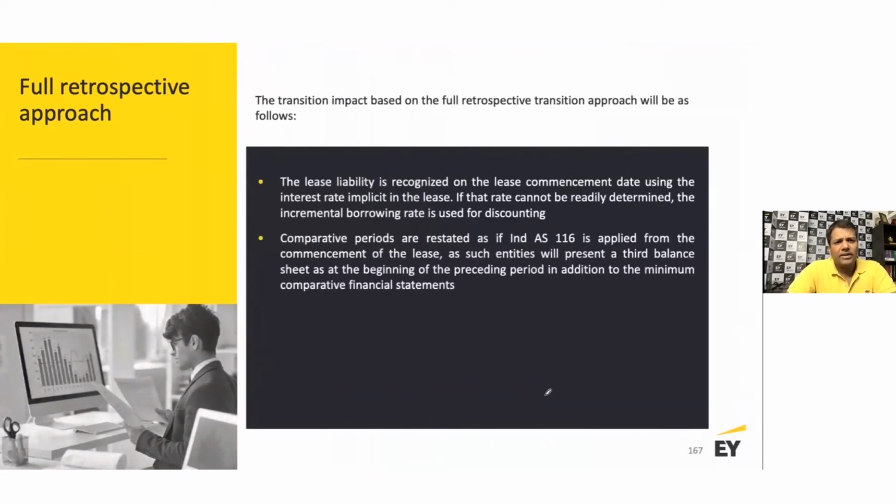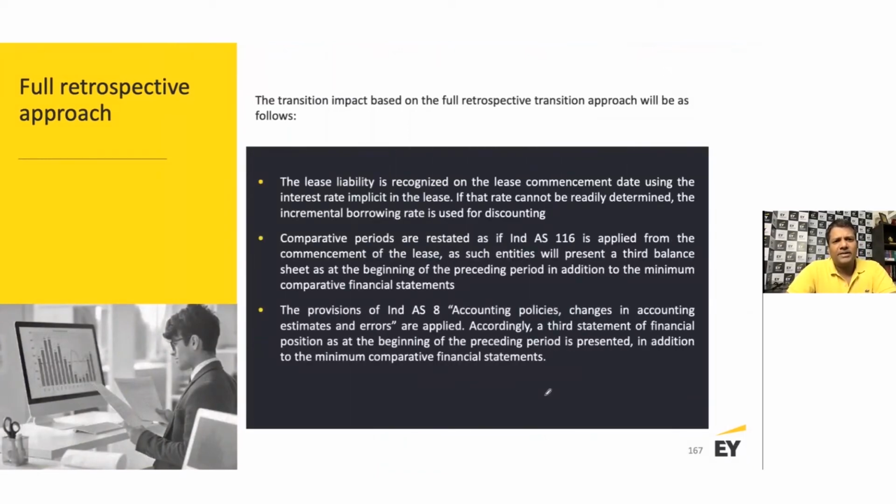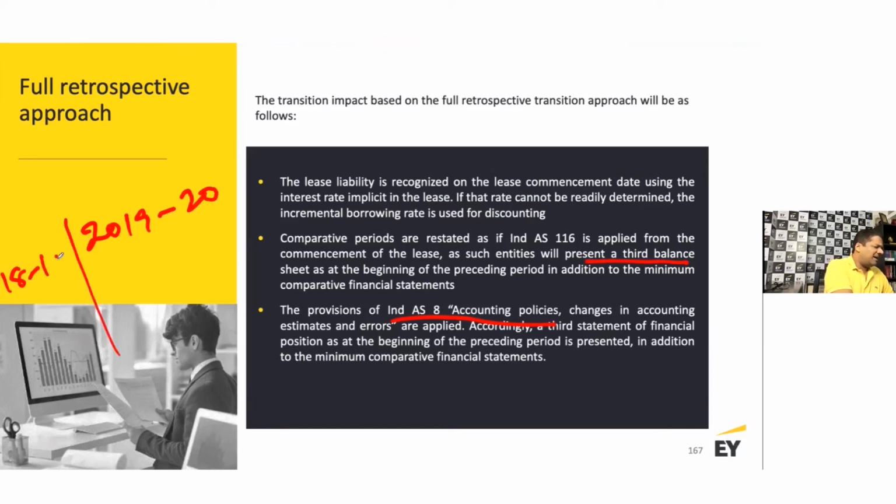Okay, so in the retrospective approach, you also in a way look at Ind AS 8, the accounting policy. So you present a third balance sheet. Let's say if you're doing 2019-20, you are also doing 18-19. You apply it here, and also you apply as of April 1, 18. So essentially you end up drawing up three balance sheets and apply all the principles,